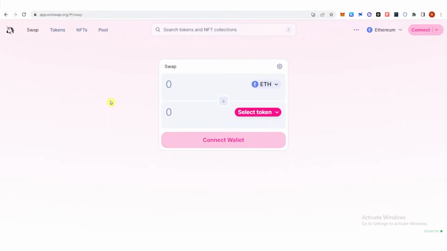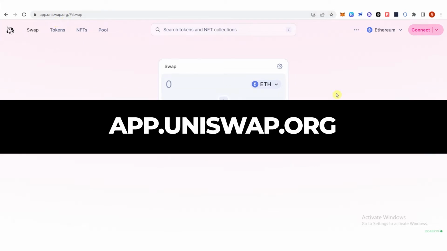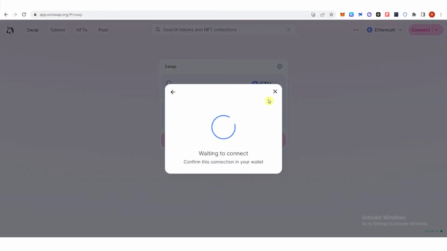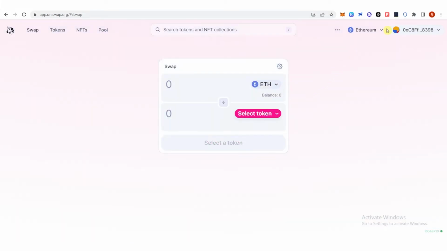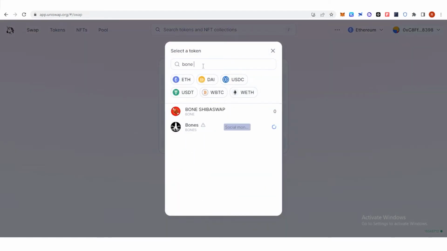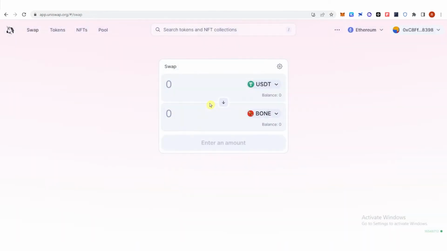So the first step is to go to app.uniswap.org and click Connect Wallet, click Browser Wallet, and as you can see, I have connected my Trust Wallet here, and then choose what token you're going to use. So for example, let's choose USDT, and then select a token here, type down Bone Shiba, and click here,